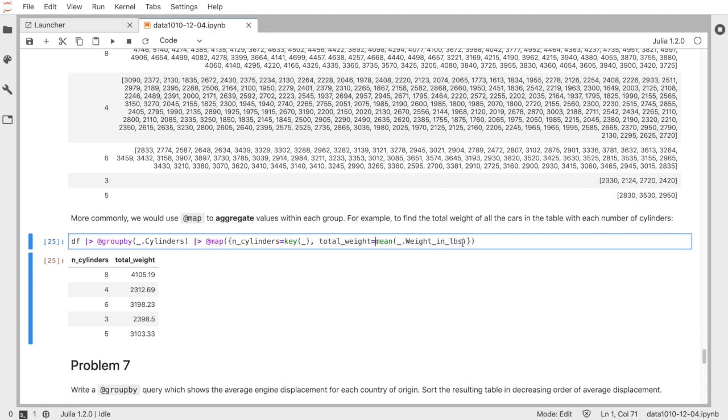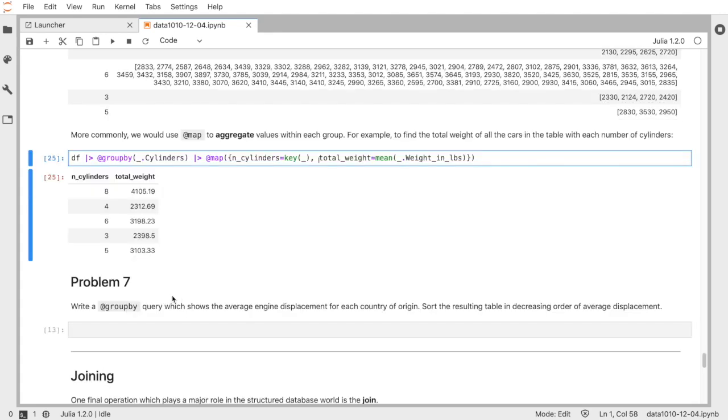So notice that what's going on here is a bit different from what we've seen before, because the underscore represents one of the data frames in the grouped data frame. So one group. And extracting the weight in pounds field from a group produces an entire vector. And so mean is operating on that vector. So this is a little bit different than when the underscore was representing a row. Same idea here. This is representing the particular group in the grouped data frame, and we're pulling the key out. So key is a special function that identifies the value that we grouped on for each group in the grouped